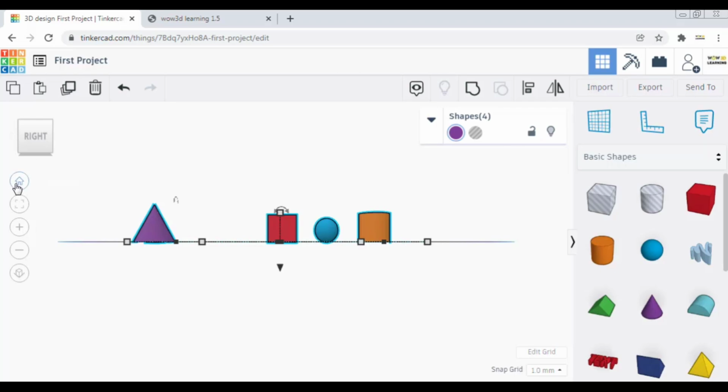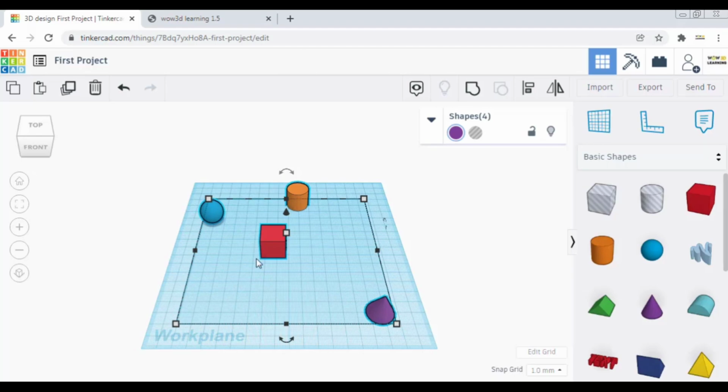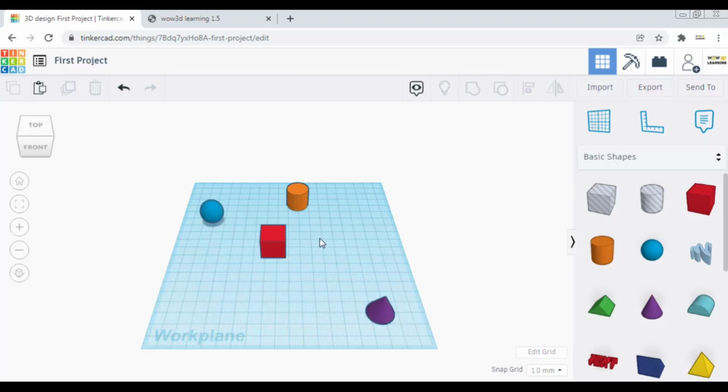Now I will press this home view to go back to the original view. Now if I click on fit view, you can see it is kind of zoomed out and all the objects that we have selected are in our focus. Now if you click anywhere outside this box of selection, if I double click, everything will be deselected.